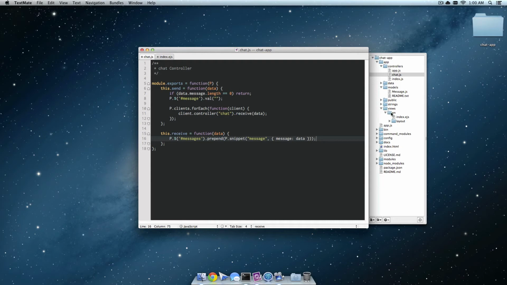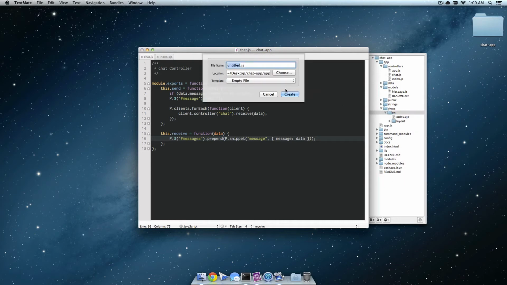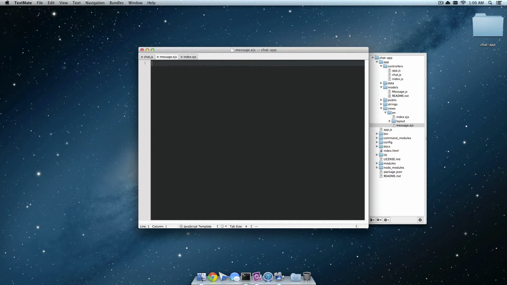And a snippet is just a view that doesn't actually get rendered on the page. The contents just gets put through whatever view renderer you're using and then returned. So it makes it nice for outsourcing HTML from your controller, and of course they're localized and everything else. So a message is just going to be a div, and we'll have it say